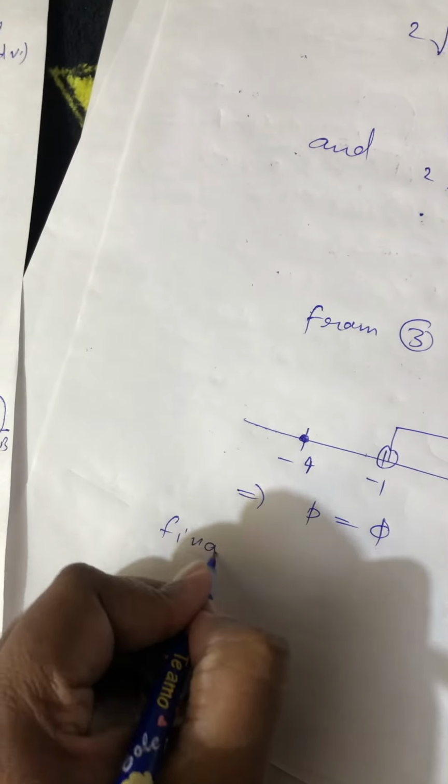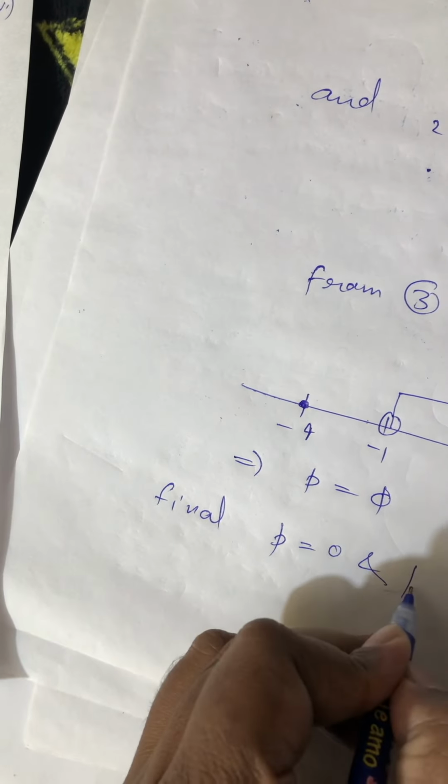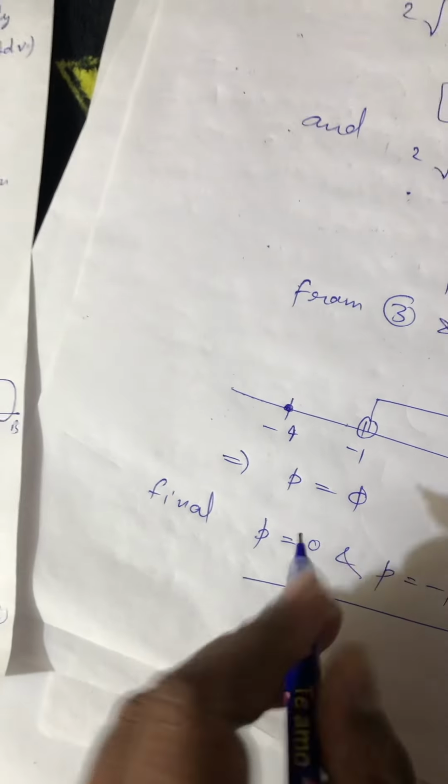तो फाइनल हमारे पास कितना आया, p इज इक्वल टू 0 एंड p इज इक्वल टू -1। ये दो वैल्यू हमको मिली।